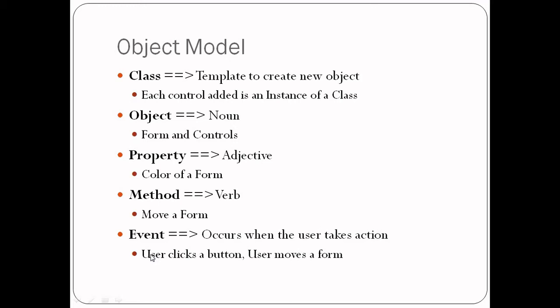Students can talk is a method of the student. Students can think. Thinking is nothing but a method that a student has. So method is nothing but a particular action that a particular control can perform. We'll study in detail what exactly the methods are with particular controls. But as of now, we'll only remember that a method is nothing but a particular action that a particular control can perform.